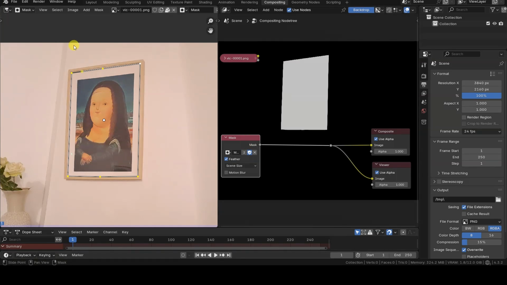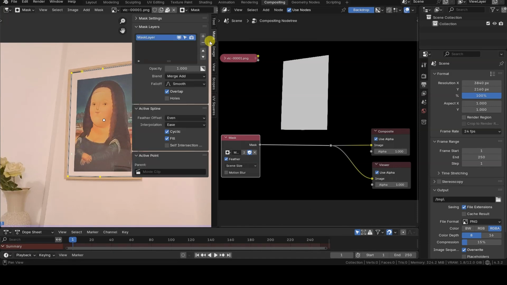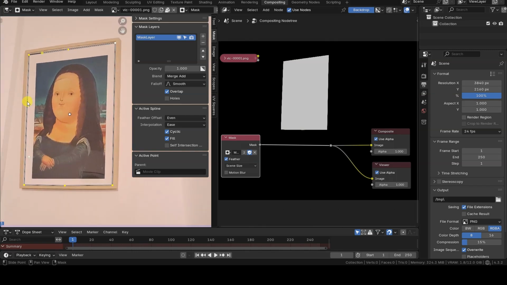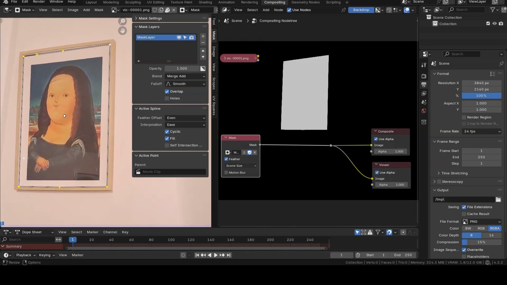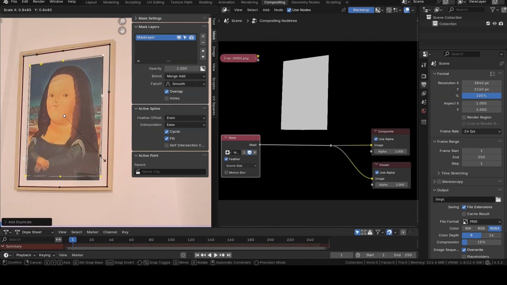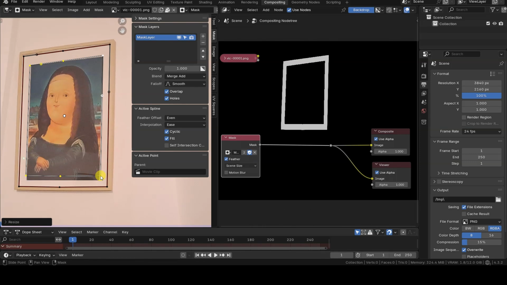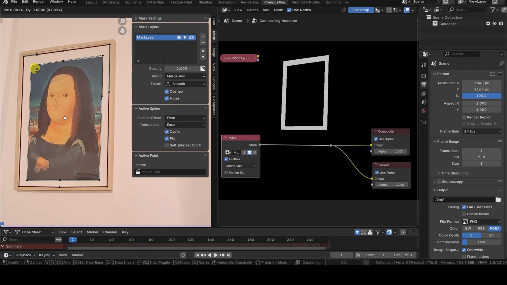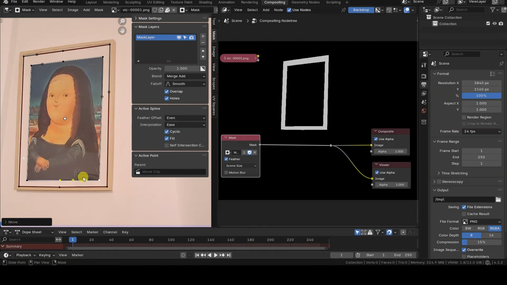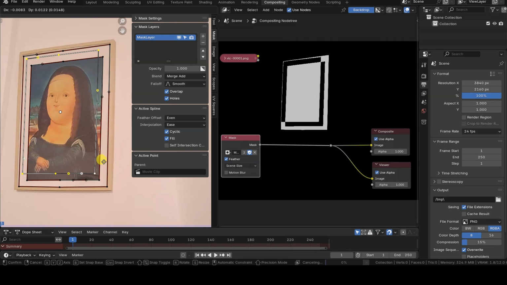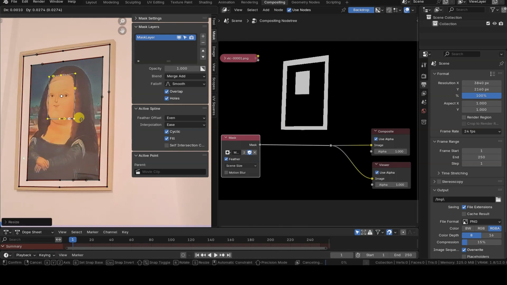In the image editor, I'm opening the sidebar and specifically the Mask tab, because the mask layers and active spline sections include some useful tools both for mask overlaps and for the next topic of this tutorial. In the Mask Layers tab, we can especially note the Holes option. If we overlap two mask elements and enable this option, we'll get holes within the mask, just like what happens with modeling 2D curves. Also, like with 2D curves, a mask placed inside a hole will define a new enclosed region, and so on.